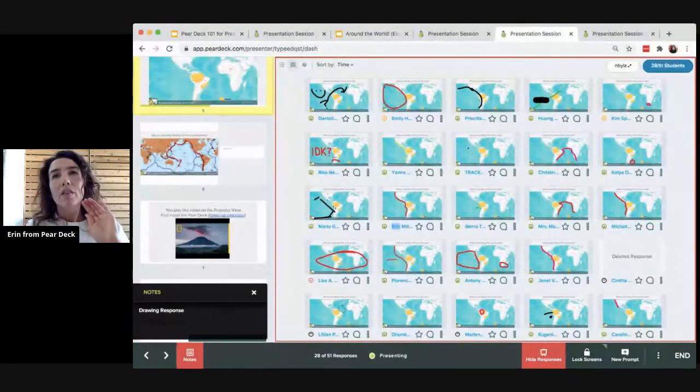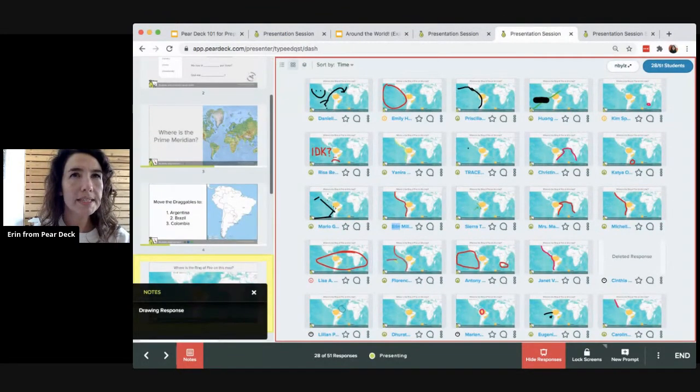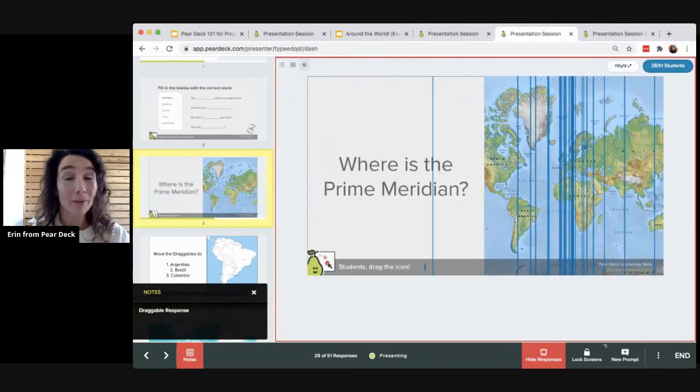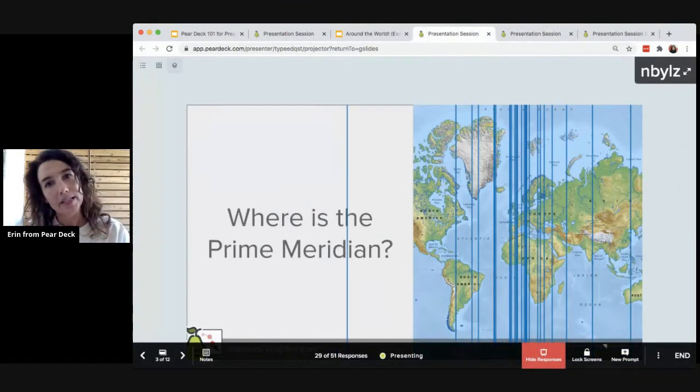Now, in addition to that, the dashboard and the projector view sync up. So if I go back to a previous slide where we had some draggable responses, by the way, in the dashboard, if I hover over those responses, you can see everyone's name appearing here. Going back to the projector view, it's synced up with the dashboard for the same session, which is why having